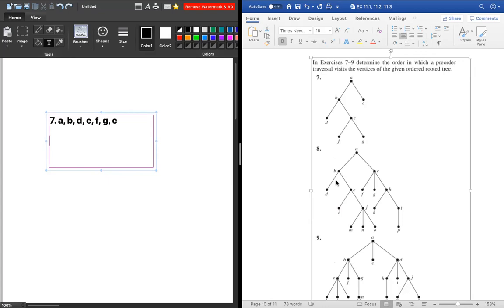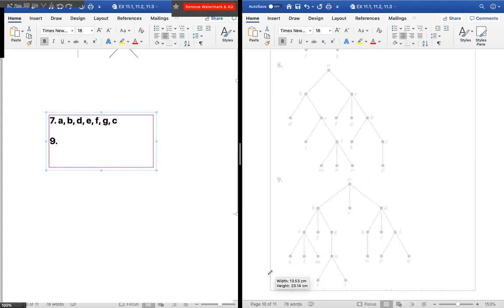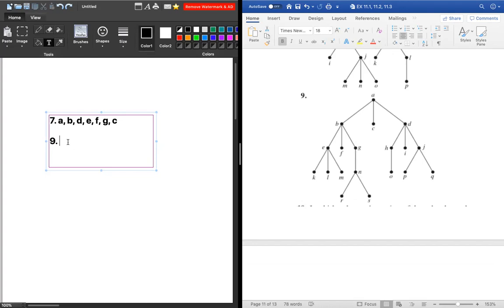All right, let's take another example. Question number 9, a little bit complicated. So question number 9 here, I have to do the pre-order traversal. So here I will visit node A first, and then I will visit this B,